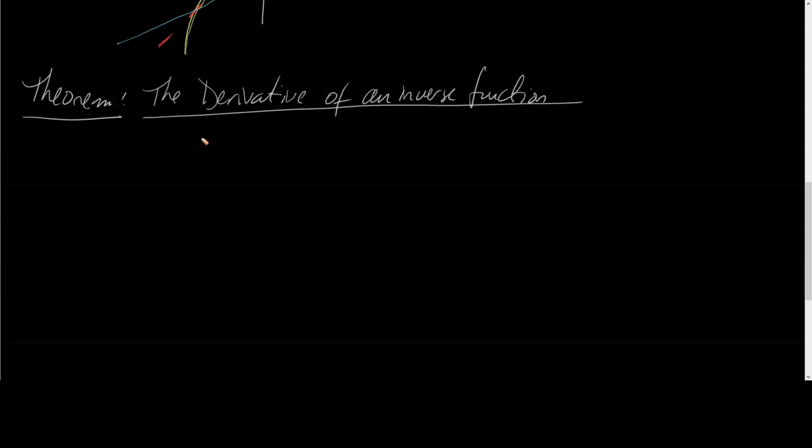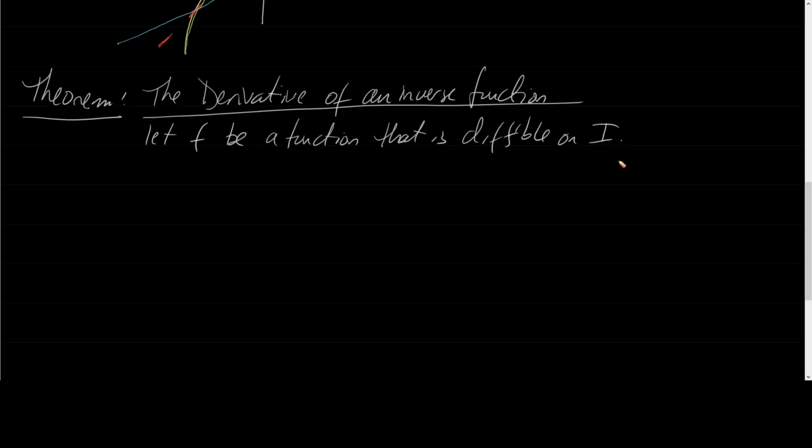So let f be a function that is differentiable on some interval I. If f has an inverse function g, all right, so we're going to call the inverse function g,